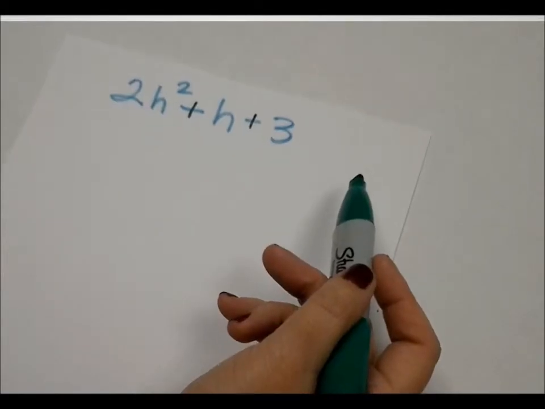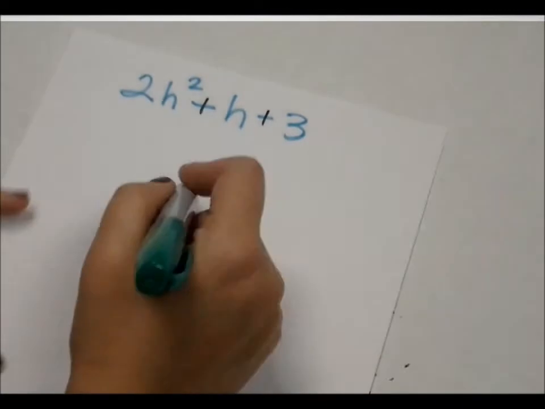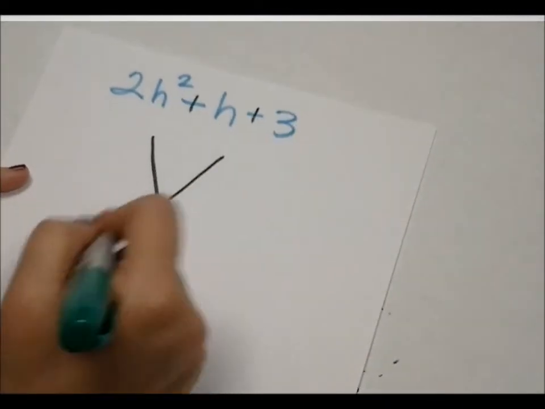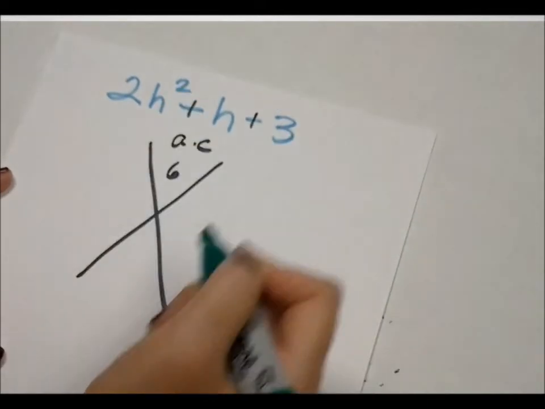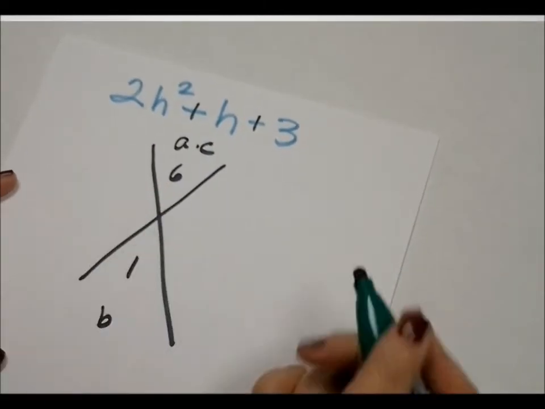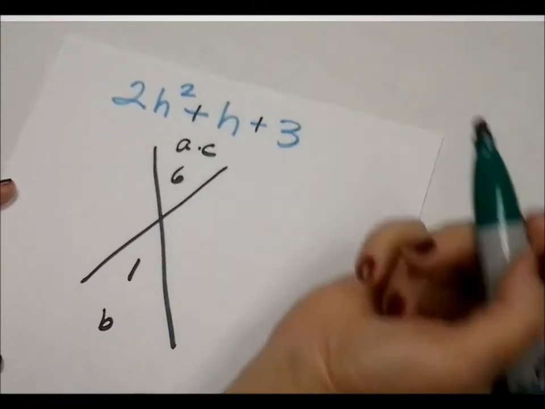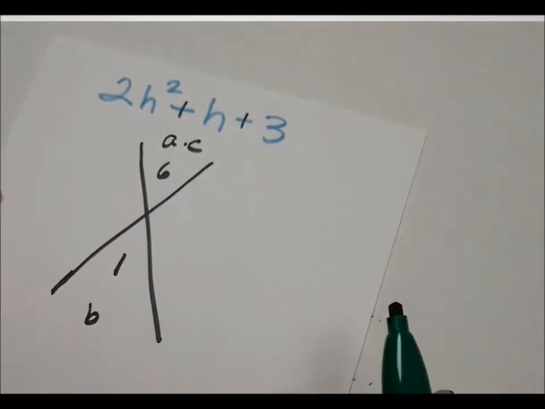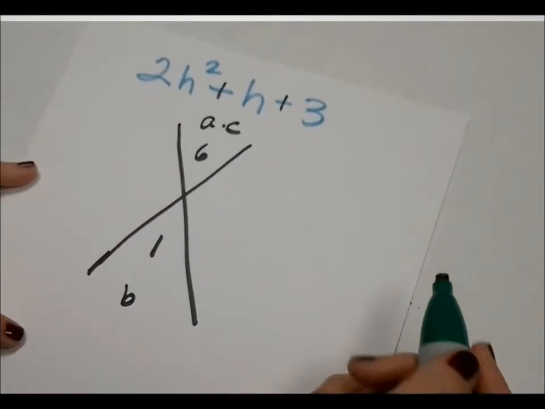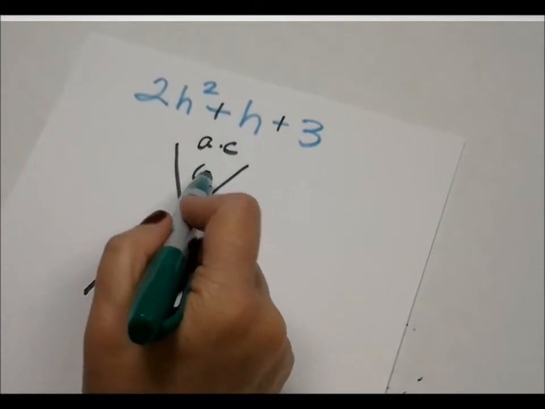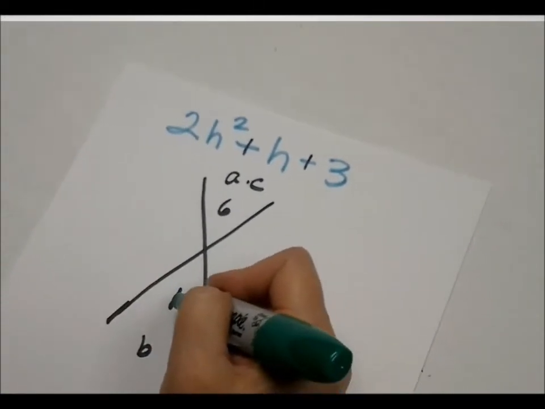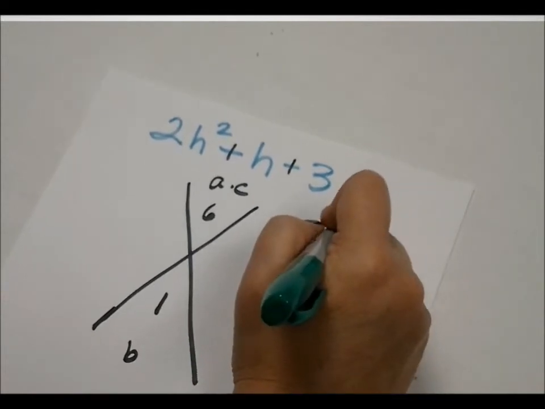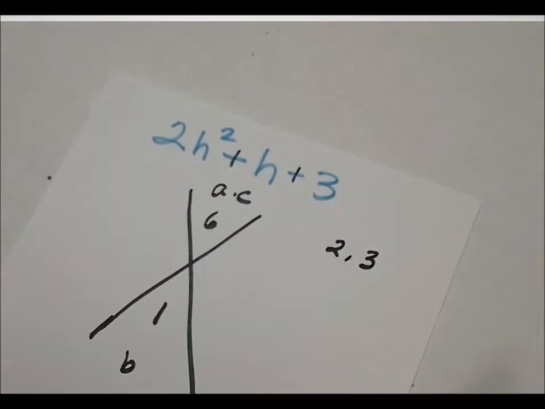Okay. So looking at this one, I'm going to start with my process that I know of. And 2 times 3, because up here I'm doing A times C, is 6. And B is going down here, which is 1. And it's going to talk about the fact that there's a 1 in front of that H, even though we're lazy mathematicians and we don't write it. And I want to look for something that multiplies to give me 6 and adds to give me 1. And my first instinct would probably be 2 and 3,